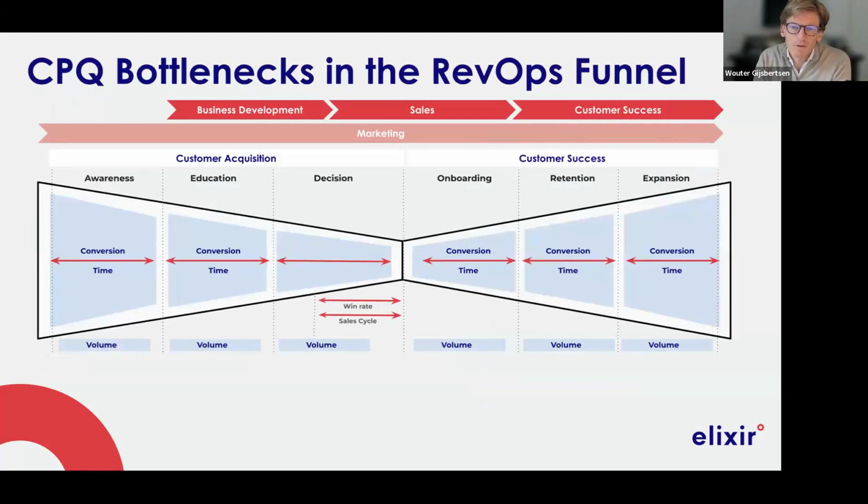If you look at this funnel, this is called a bow tie funnel, which means on the left side you'll see the customer acquisition portion. On the right side, the customer success, which means you have gained your customer and you want to cross-sell and upsell. I would like to focus a bit more on the left side, where we educate people towards the sale. And in this education, we see a couple of bottlenecks, especially in the decision